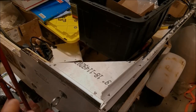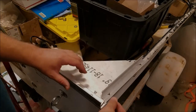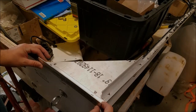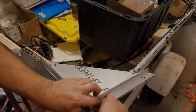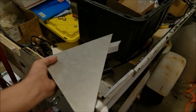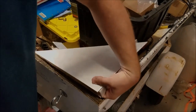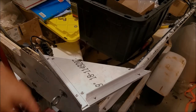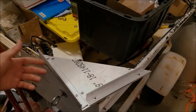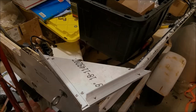So the plan here was, these are my corners that I made up. The plan was to take these to a local welder, get these angle brackets welded on, then, you know, wrong corner, but you get the idea, I bolted it onto the boat. The only problem, the only welder in town that does aluminum is no longer in business, so that kind of sucks. So what I did, or bought rather,